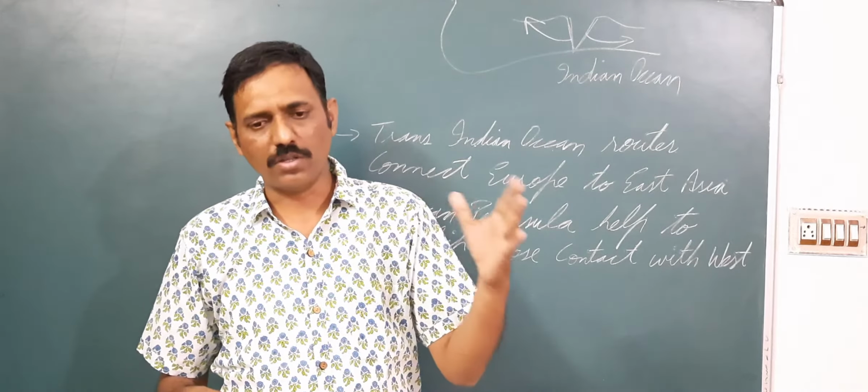Next is the standard meridian. There is a time difference of 4 minutes between two longitudes in the duration of sunlight. Suppose the sun rises here at a particular time. After 4 minutes, on the next longitude, the sun will rise. Then after 4 minutes here it will rise. So for each longitude there is a time difference of 4 minutes.